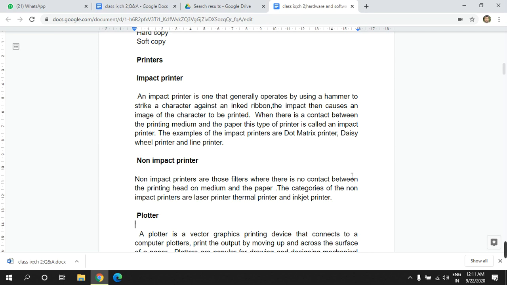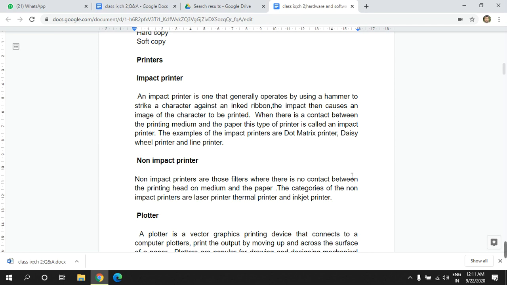Then come the non-impact printers. The non-impact printers are those printers where the printing head does not come into contact with the paper. The mechanism is like this: the paper is heated at the places where the text has to be printed, and there is a nozzle that sprays the ink, and that ink is attracted by the heated area, and the characters are formed on the paper.